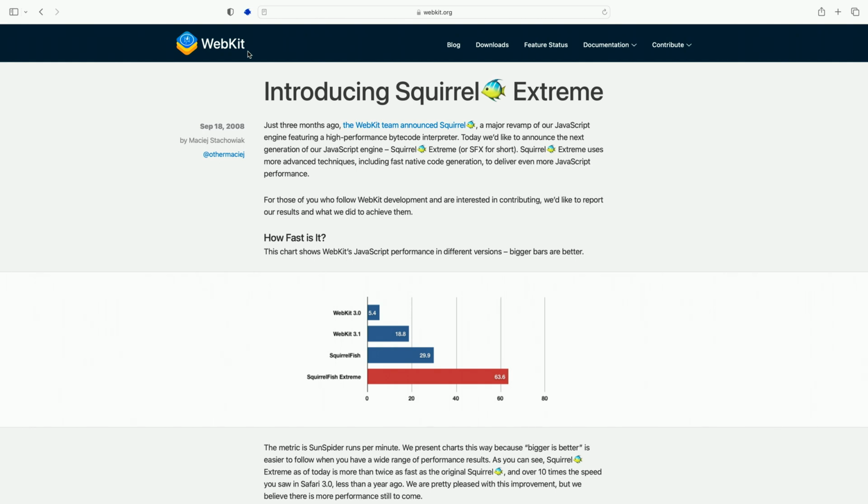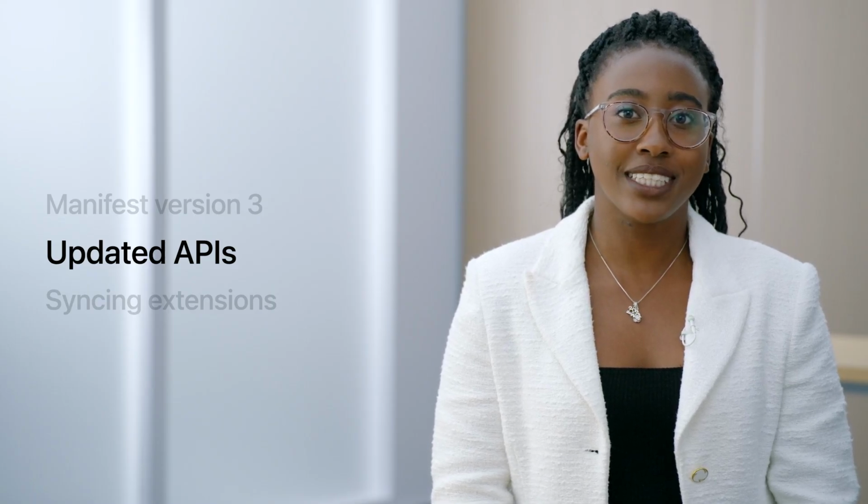So that's how simple it is to upgrade your extension. But if you're not yet comfortable with these new changes, a lot of the features such as scripting and service workers are also available to use in version 2. Now, let's take a look at some of the APIs we've updated this year, starting with